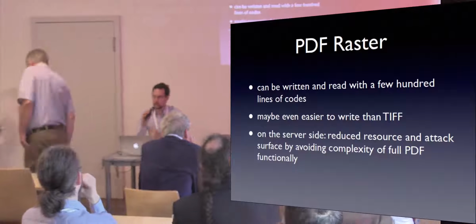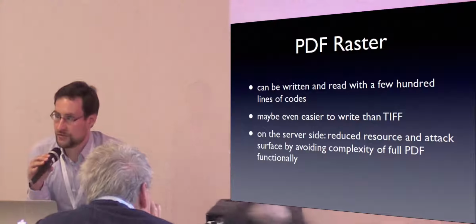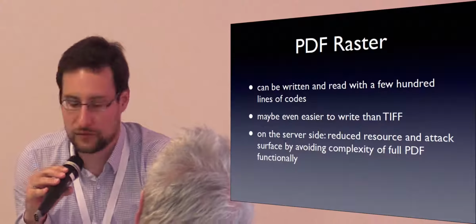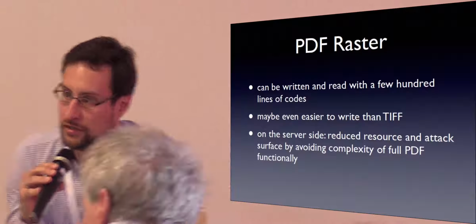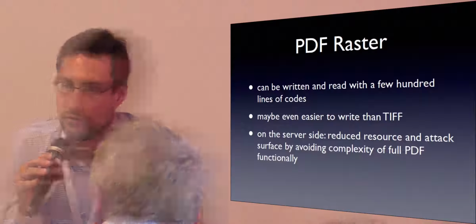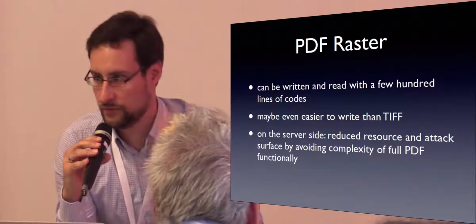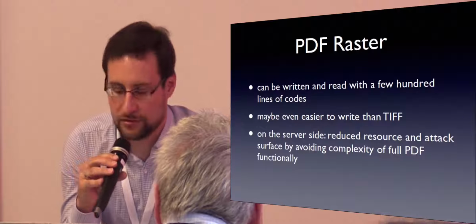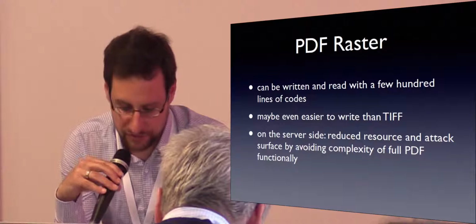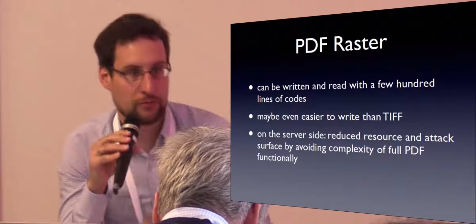So to answer the other question with rotation, we do support the rotate entry in the page dictionary, so you can still change the orientation if it was scanned upside down or by 90 degrees, like you would do in a TIFF or JPEG file. So you can rotate the data by 90 degrees, and yeah, with a pure PDF raster file,